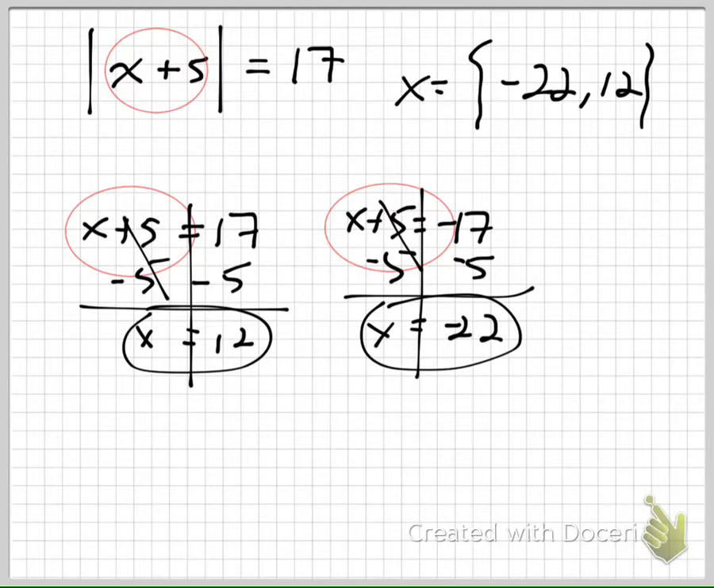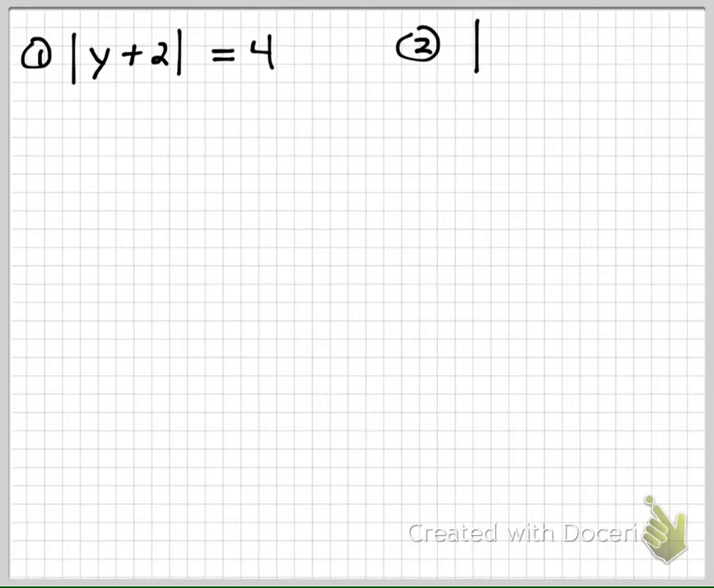Like I said, once you wrap your brain around this, it's not difficult. You just have to understand that inside the absolute value, it can be a positive or it could be a negative. Then you make the two. All right, here's your samples. Let's see if you can do this. Number 1, we'll do y plus 2 in the absolute value equals 4. Not difficult. We'll do number 2 over here. We're going to go absolute value of p minus 6 equals negative 3. Number 3,